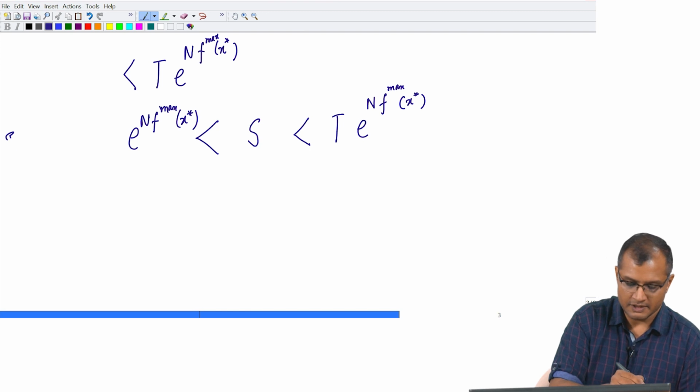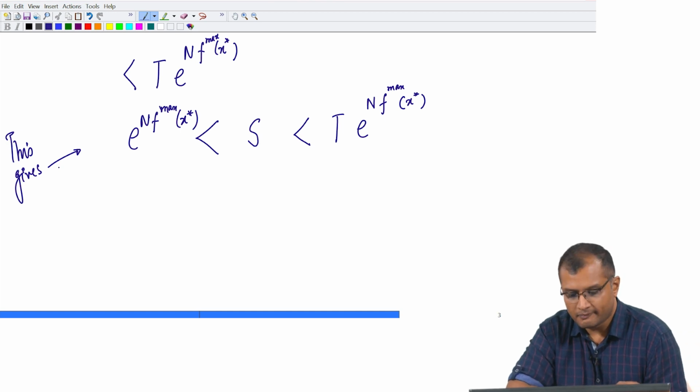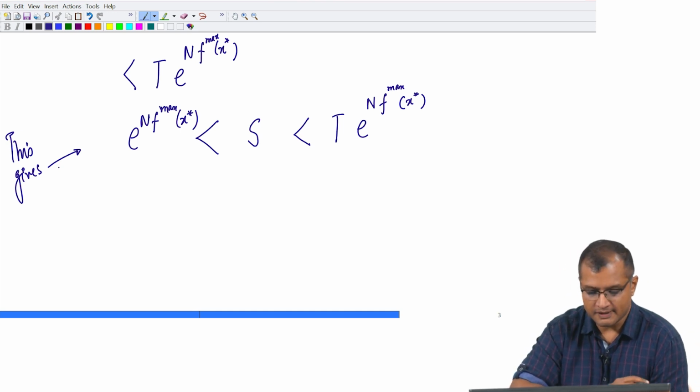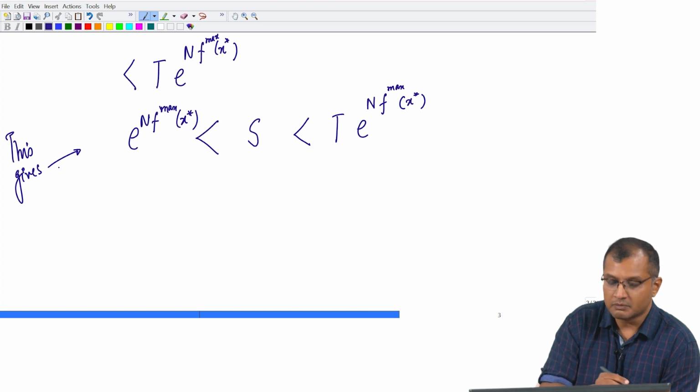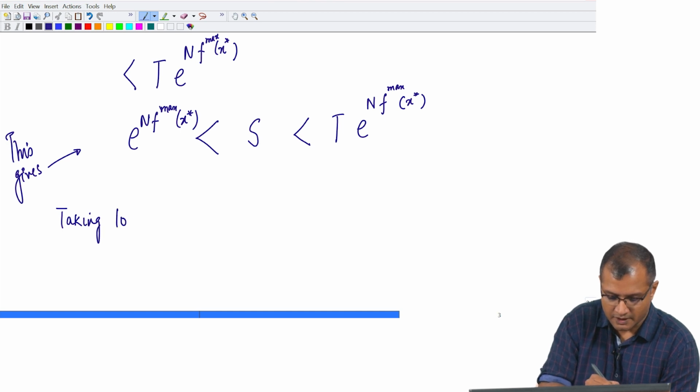So, this gives us this very nice inequality. Now, you can do a couple of things here. You can take a logarithm on the entire inequality. So, taking logarithm, natural logarithm, okay. So, taking natural logarithm,